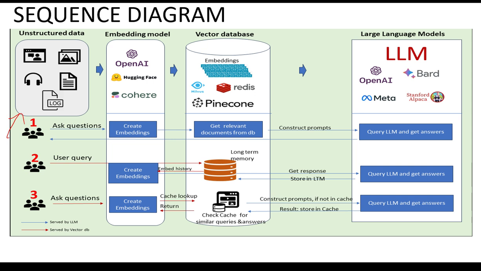Okay, then embeddings are created of this. Embeddings are stored on a vector database. Then the prompts are given to the large language models with the contextual data from the vector database. So this is important, otherwise the LLM will hallucinate. Okay, and then the LLM will give back the result to the user.